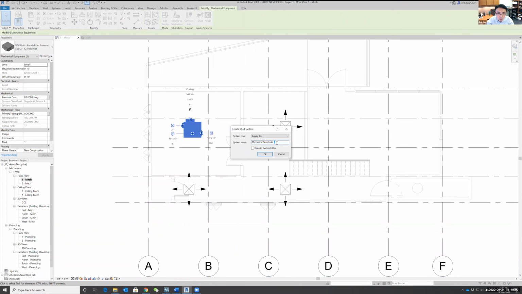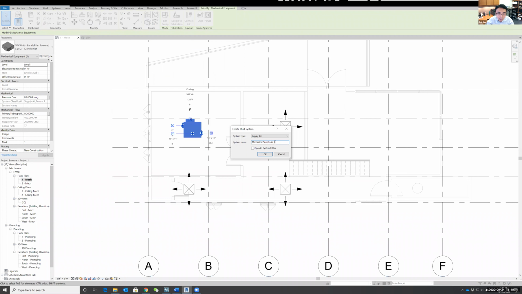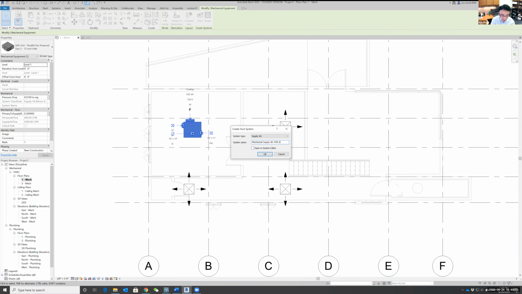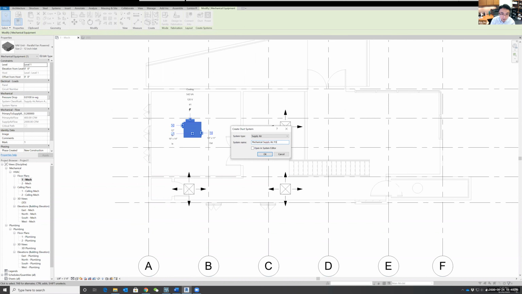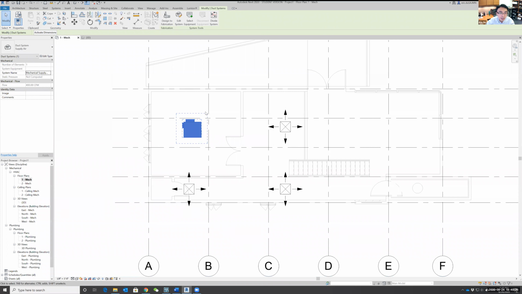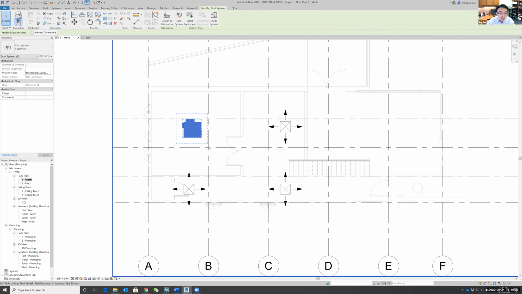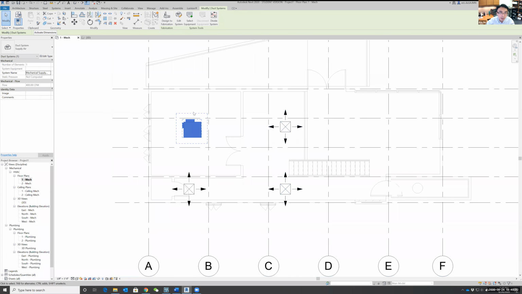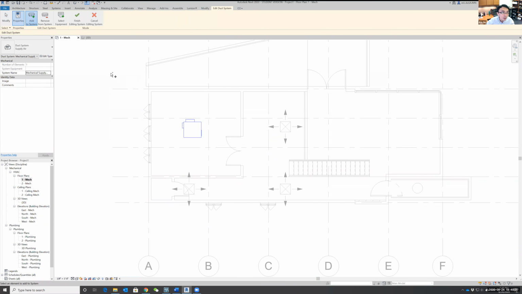And now let's name this one, let's say, mechanical supply, air supply for game room. So just name it. If this is my game room and the function is supply, okay, and you can select what you want for the connection. Now you see this dashed line shows the boundary of the system. Of course, the system should also include the 3 air terminals. So we want to basically edit the system, and we want to say,